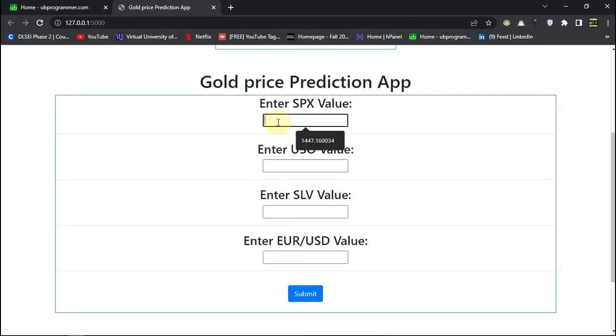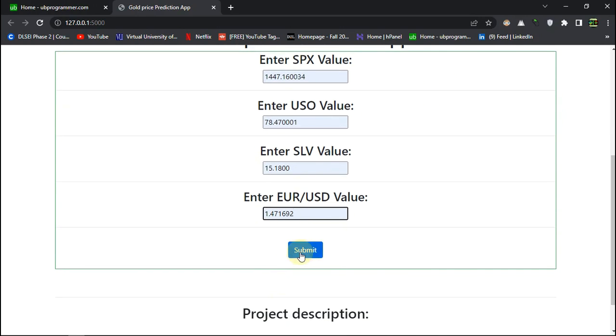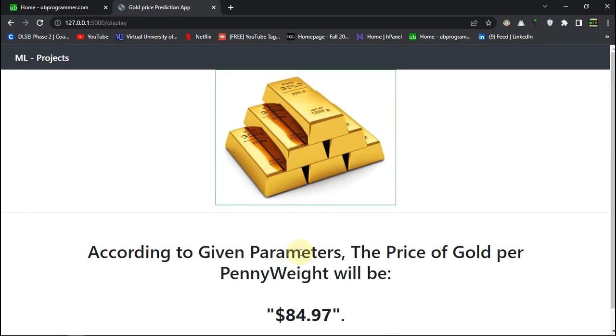And let's just fill out these values. Just to give you an idea, these are values for some stocks and their indexes. This is for, I think, silver. I just googled them a bit, and it's better to know your domain if you are working on a data science project, right? And let's just hit this submit button,